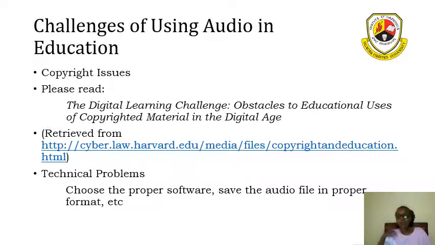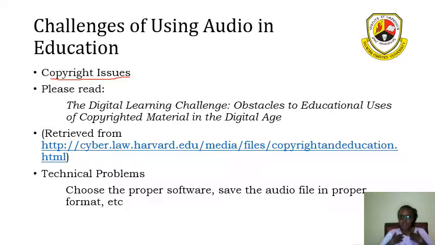Now, there are, however, challenges, and this is a topic that we shall discuss in detail somewhere along the way, with regard to using audio files, or for that matter, anything related to ICT. And the biggest problem is copyright issues, ownership of materials.